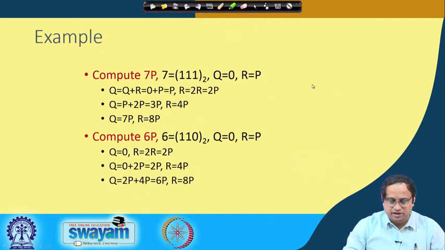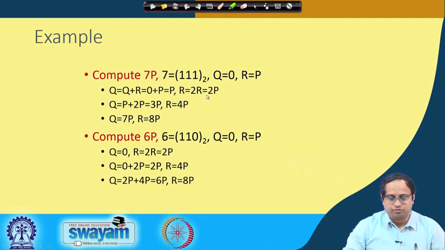Okay. So now we can look at the correctness of this equation. Again, let us take 7p and 6p as an example. I am processing from the right side. So I initialize q to 0 and r to p. Note that this bit is 1. So I add q with r, so I get 0 plus p, which is p, and I double r, so I get 2r, that means 2p. Again, the next bit is 1, which means I add in q, that means I add p with 2p. So I get 3p. And I do a doubling operation always.